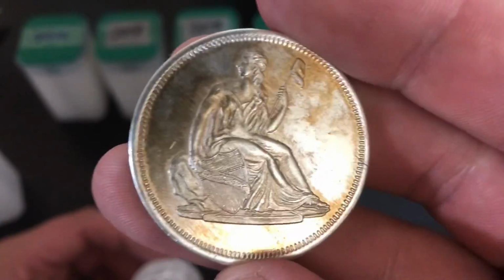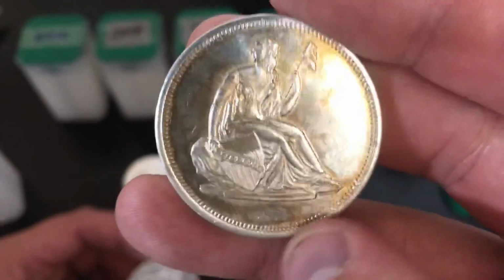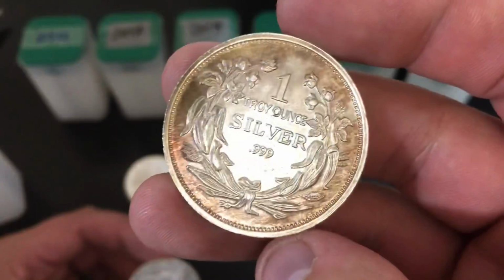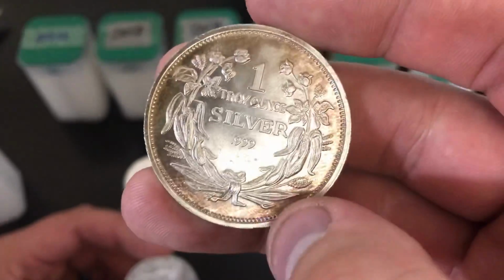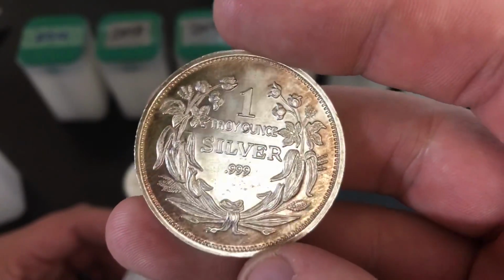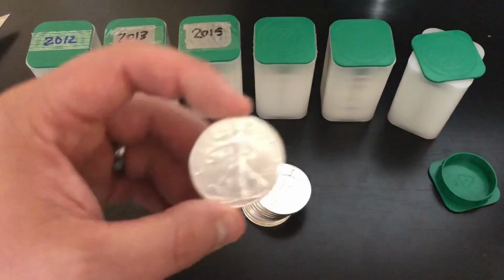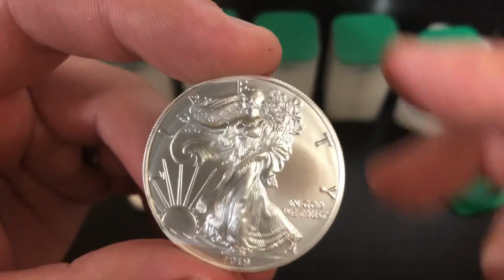They just think that this is beautiful, and you can get cool rainbows and whatnot. This is just sort of a yellow tone, which is pretty common. So this is obviously seeing a lot of air, probably sulfur in the air, oils and whatnot. It gives it that yellow or brownish tone. But if you just leave this out for another 100 years, it'll probably turn black. Who knows? And you can clean these if you want. It doesn't really matter. You can clean American Silver Eagles too. These are just bullion coins. Or you can leave them like this. But anyway,